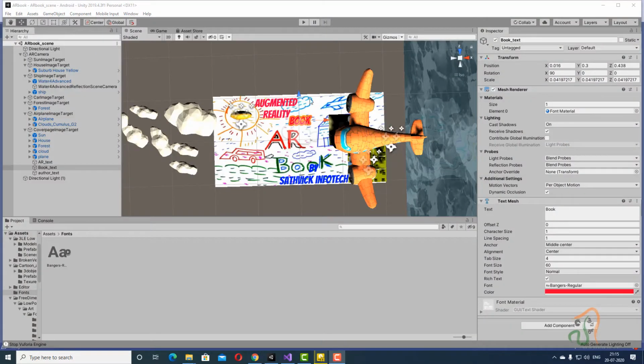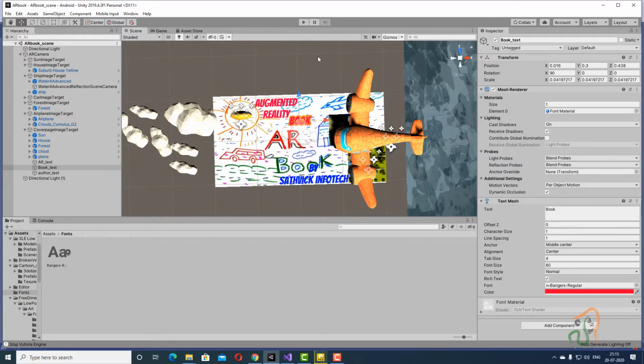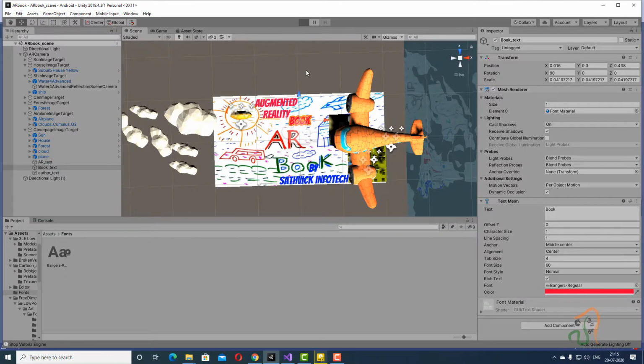So what is happening when you come to that page? Sometimes the ship, cloud, and aeroplane will not be visible, so it will go off the screen. Let me check it once again. Now let us run the game and see it. So when I execute the game here,